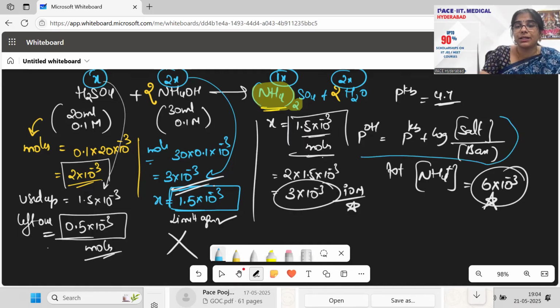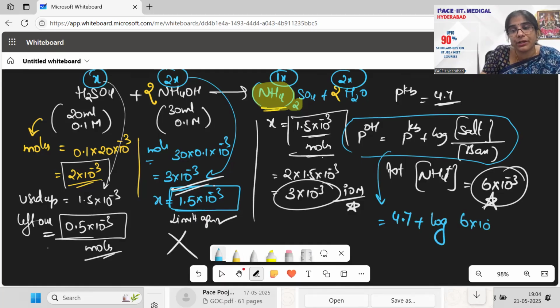Now I would just put that in my formula here. pKb is always given to me here, so 4.7 plus log of salt concentration, which is 6 into 10 to the power minus 3, because ये हुआ common ion effect बोलते हैं इसको. Whenever you have this common ion, so what is happening here? उसमें से भी ammonium ions आ रहे हैं, इसमें से भी ammonium ions ही आ रहे हैं, which means you have all these ammonium ions together. वहां से 3 ions, यहाँ से 3 ions, total 6 ions to the original base. Base में कितने हैं? बेस में OH ions, na?